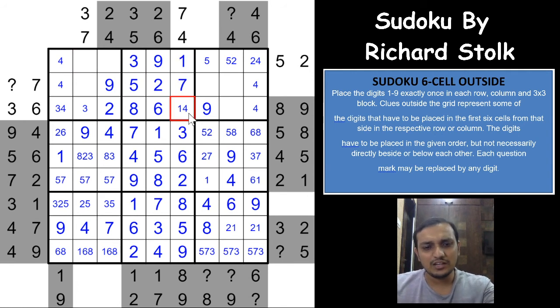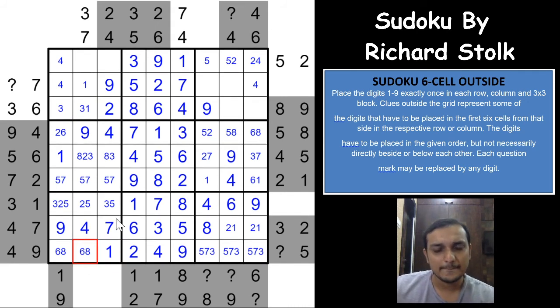That gives you a 1 here and a 4 here, and that eliminates 4 from both of these cells, and a 1 here and a 1 here gives you a 1 in one of these two cells. That eliminates 1 from here and you get a 1 here, and this cell becomes a 6 and 8.